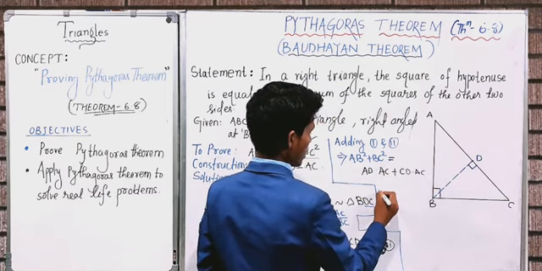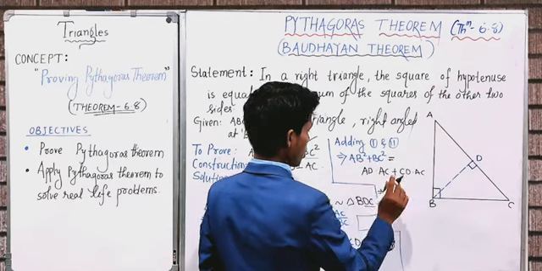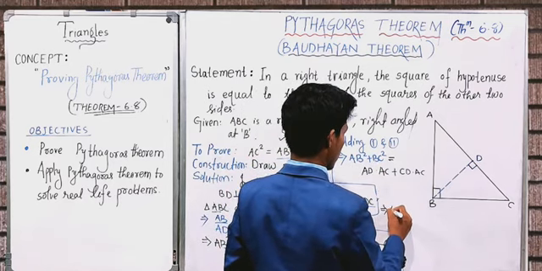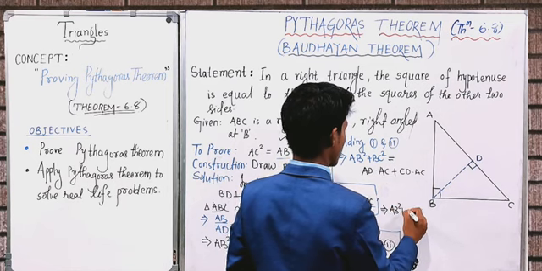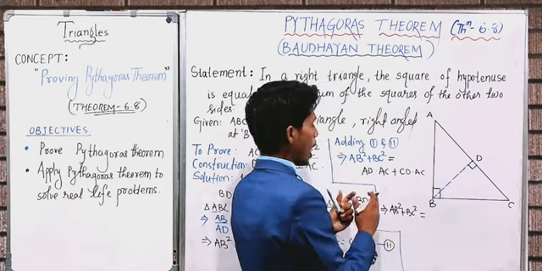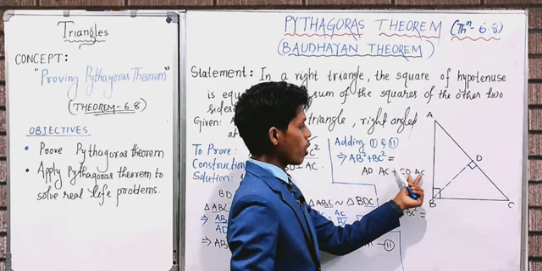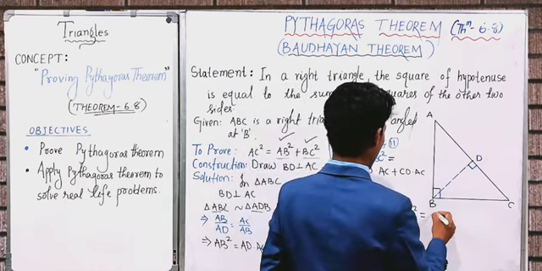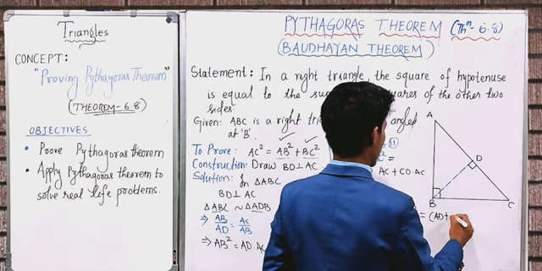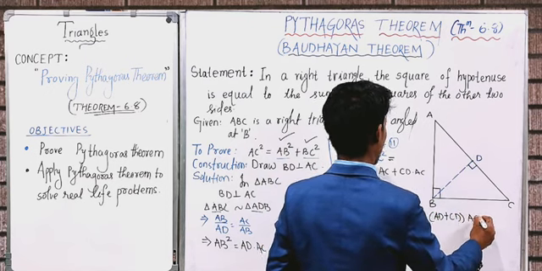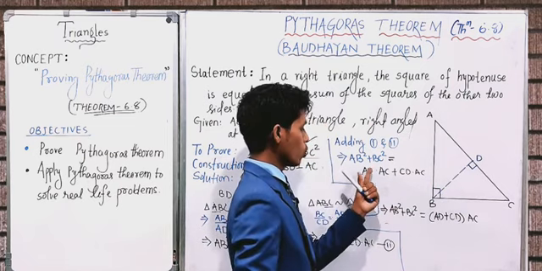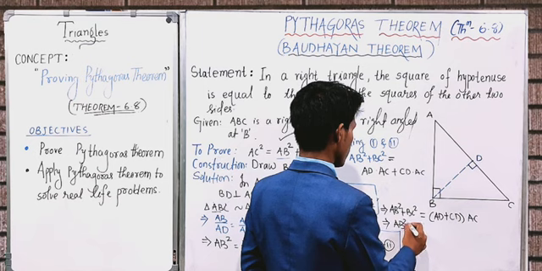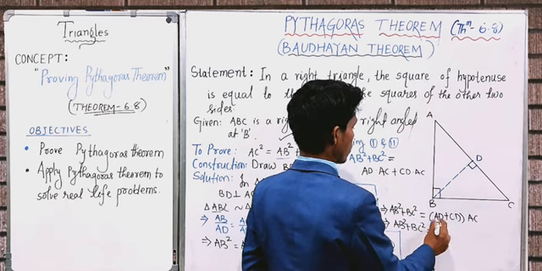Okay, now let's proceed. So AB square plus BC square is on the left hand side, we don't need to change that. So we'll write AB square plus BC square as it is on the left hand side. And now see, AC is common on both the terms on the right hand side, so we can take AC common. So we'll get AD plus CD whole into AC. We have just taken AC common out of the two terms on the right hand side.